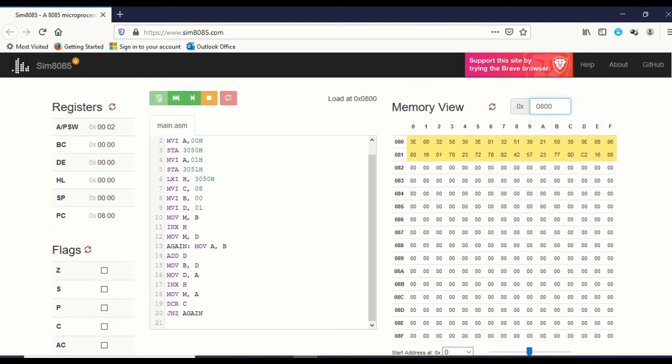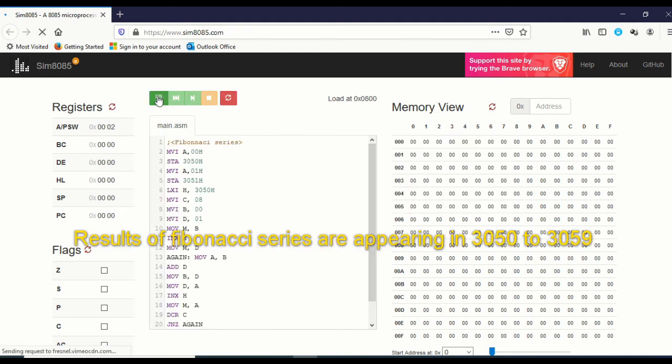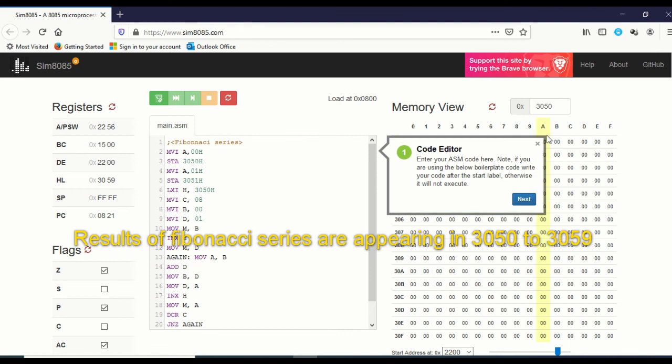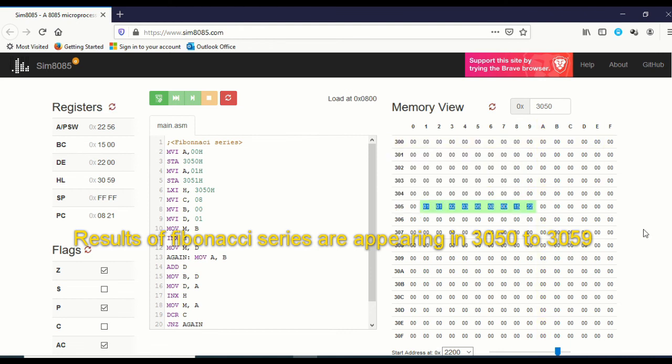Okay, and now let me show you that once we compile this particular program, what we have shown in the earlier program and this one, here you have to give a label name, not the memory location address. For example, here I have given the label name as again. So jump if not 0, again, like this. Now we will compile it and we will see the results. The results in this case are stored in